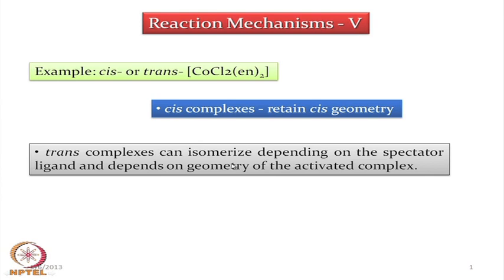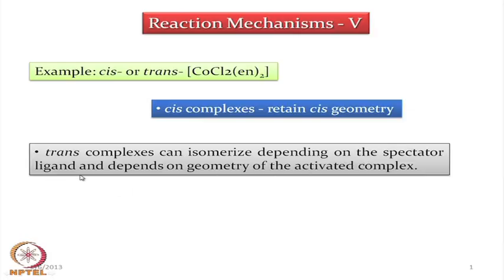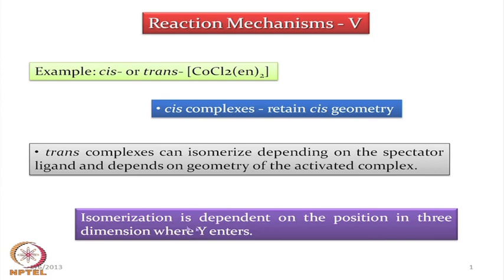So, the ligands which are still present around the cobalt center, those ligands we are considering as the spectator ligands, and when we consider the corresponding geometry for those spectator ligands, we can again have two different options, that means either a square pyramidal one or a trigonal bipyramidal one. So, in case of this trans complex, we find that isomerization will take place. Unlike the cis form, in this case the isomerization will take place and is dependent on the position in 3